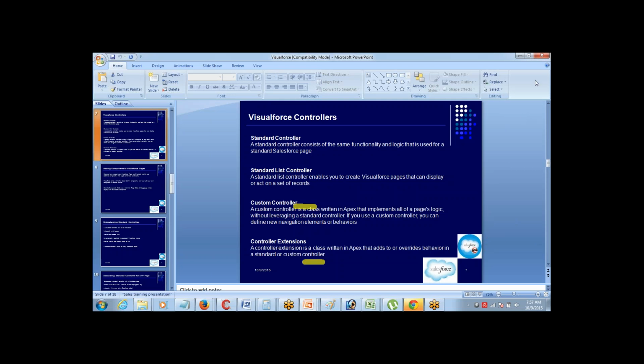One question here, regarding this controller extension. When we say overriding the behavior of the standard controller, even if there is a method in the standard controller, say save or edit, can I also go and override it with the controller extension? No, a controller extension is not overriding, it is adding to the functionalities of the standard controller. Oh, okay. So existing functionalities will remain, plus some additional functionalities can be added using the controller extension.